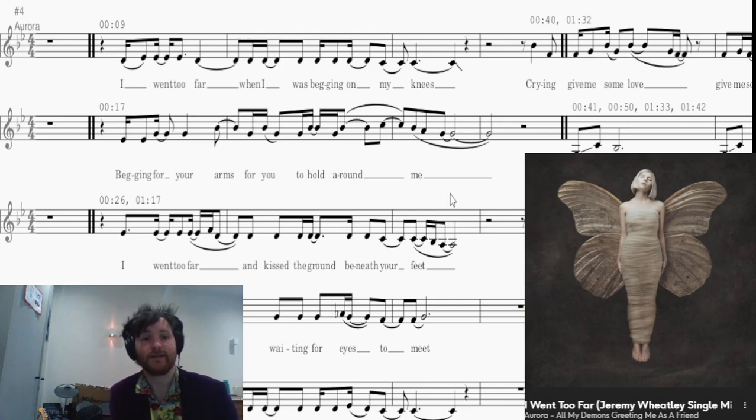Well, "I" is a little bit longer than "went to", which kind of makes sense. "Far" is quite long. Well, "begging on"'s a little long, which is a little odd, but it moves on quite quickly. "On my knees". And "I" before that. "Far when I" is about as long as "on". So yeah, it sort of skips between